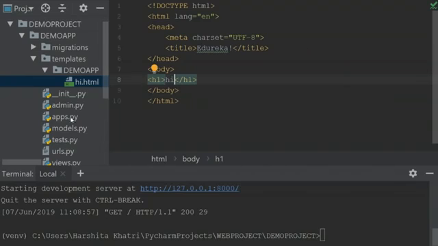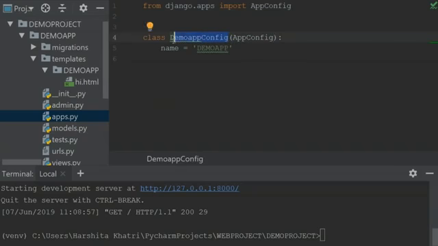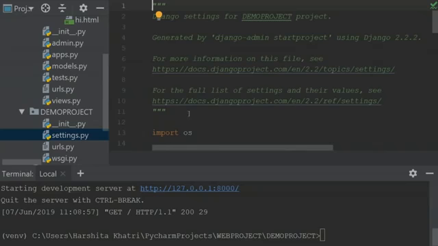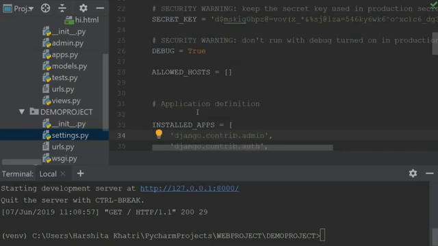And after this, I'll open the apps.py file. I'll copy the name of this class. And then go to settings.py present in my demo project. And over here, I'll look for installed apps. Remember that whenever you create new apps, you'll have to add it over here. Then within a string, give the name of the app, which is demo app. Please be very careful with the spellings because if you make any mistakes, it's going to throw a lot of errors and you'll not be able to understand why it's throwing such errors. And for beginners, it sometimes gets very confusing to debug these errors. So just be careful over there.